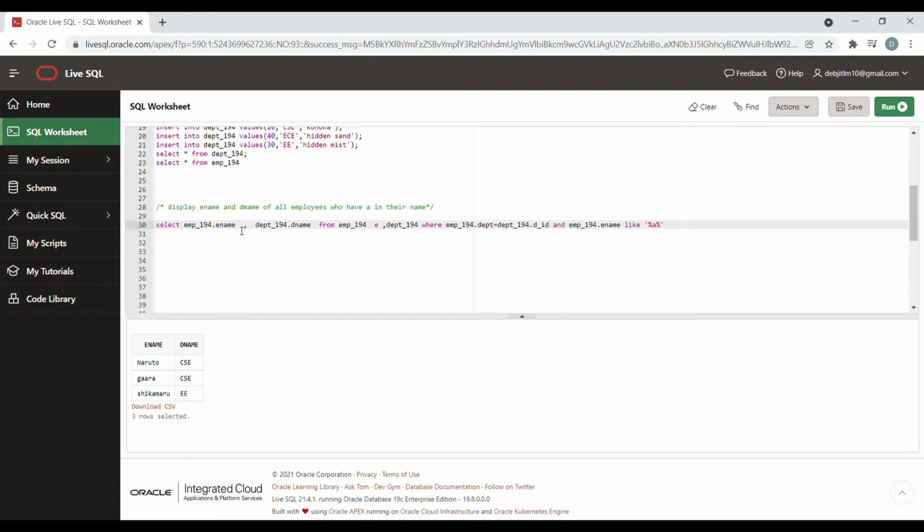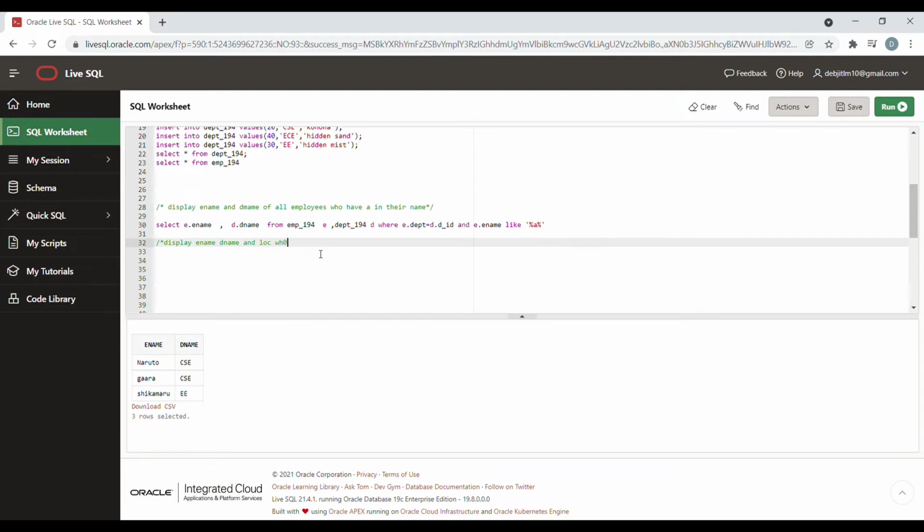While I give the alias names, I will write them in the FROM clause, after the FROM keyword where we are declaring the tables. After a space we will write E and D for the EMP and departments tables, and we will use that E and D in all the places where we have used the whole names of the tables. So it will be E.ename, D.dname, and where E.dept equals D.did. I will run it now and show that this is similar to the previous query.